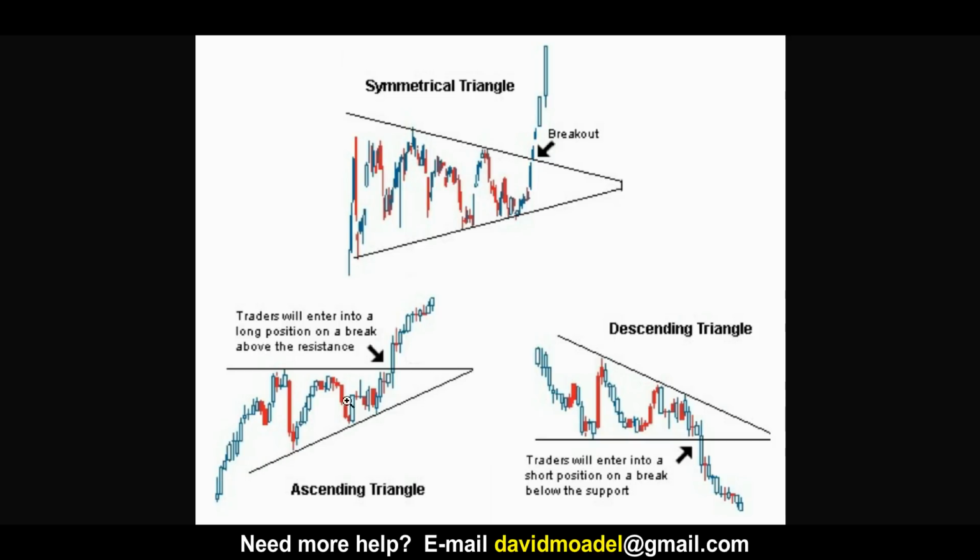As you can see, the candles keep hitting their head on that overhead resistance, and that overhead resistance is just staying at the same level, so you have a flat resistance line here. But on the other hand, the support line, it's not flat. It's higher and higher every single time. And so you have two trend lines converging upon each other. And so you get a tighter and tighter range, but it's also higher and higher because of that rising support